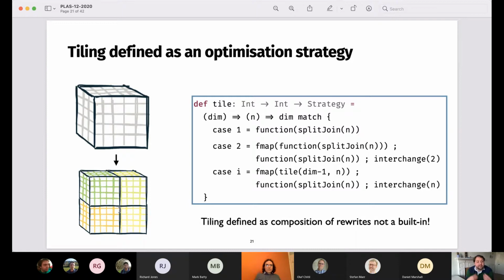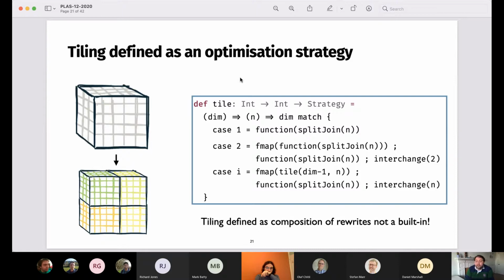And what I show here is an arbitrary dimension tiling. So we can do 2, 3, 4, 5D tiling with this single strategy, which is a recursively defined